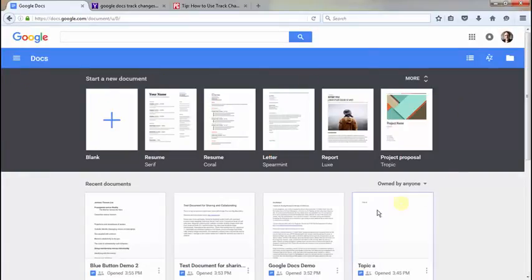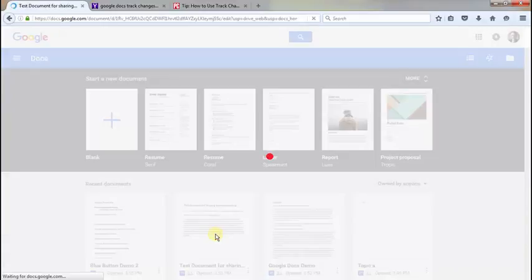and it brings you to the Google Docs page where you have templates across the top and your most recent documents here. So you can start a blank document, or they have templates for resumes, letters, and so on. I'm going to click on this test document for sharing,